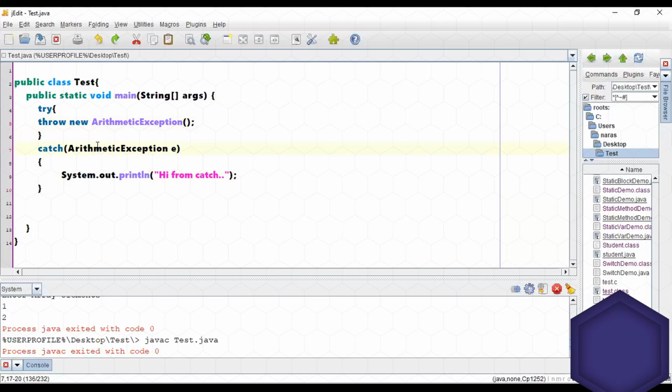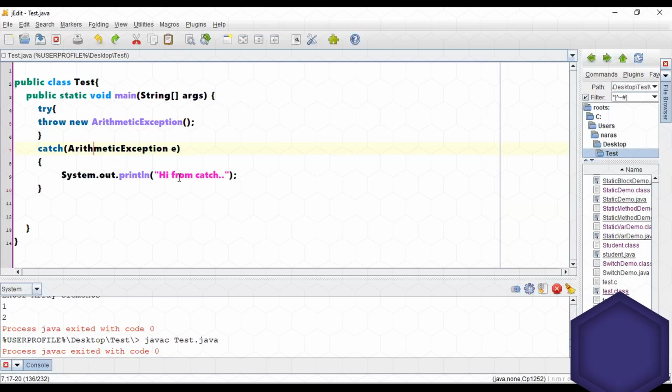So now if I am executing this particular program, the exception will be raised and it will be caught and it will display hi from catch, right? So what you need to observe here is you have not performed any arithmetic operation, but you are raising that particular arithmetic exception explicitly by using a keyword called throw,